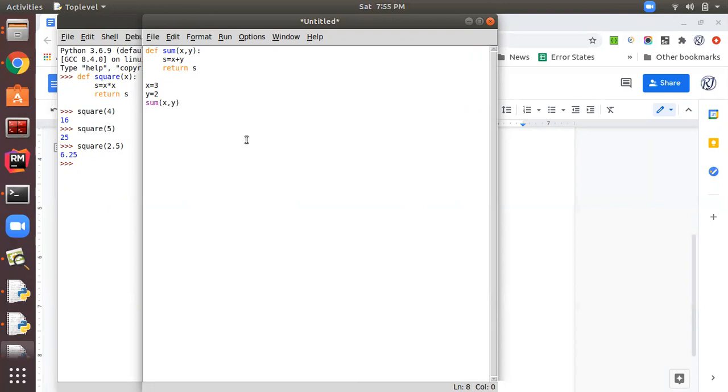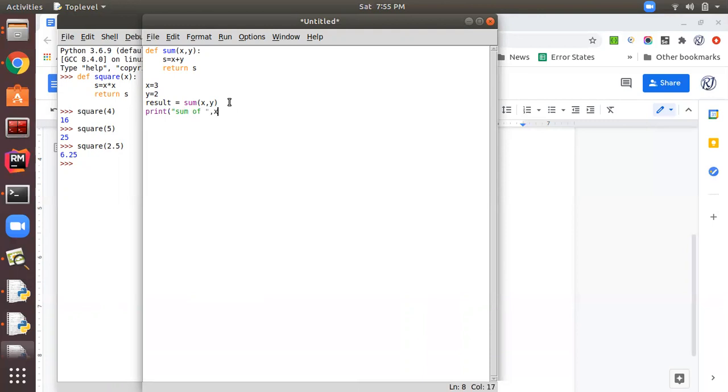Now I store this sum in the variable result. Result is equal to sum x comma y.